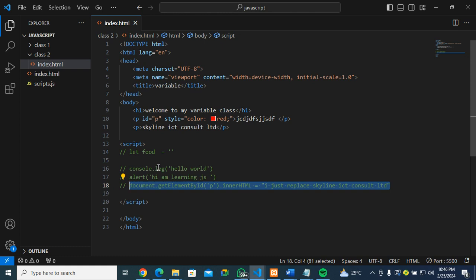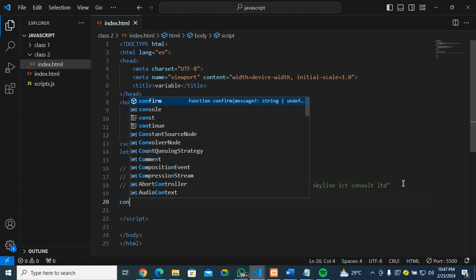So like I was saying, back to the variable we had, let me comment on this. So like I was saying about the variable we had, right? The variable is just like a container that you can use to store information. So let's quickly write some of the variables. If I want to refer to whatever is here, what I need to do is just come here and say console